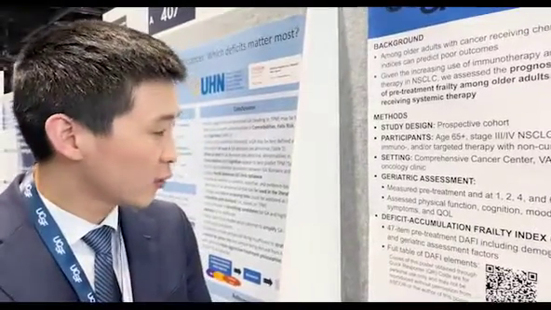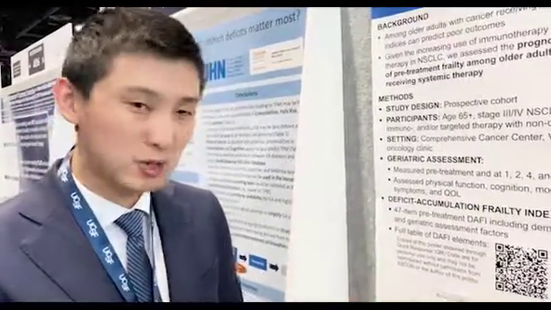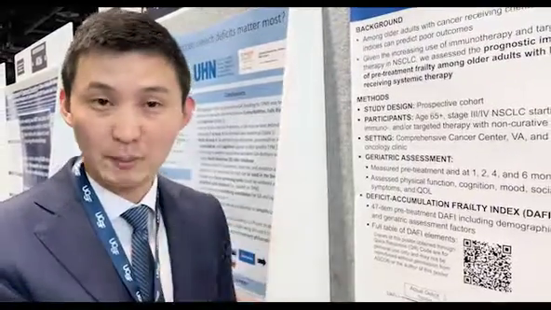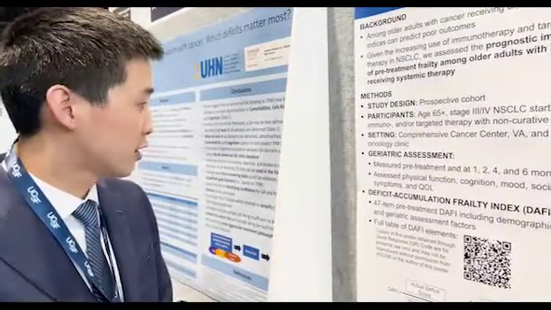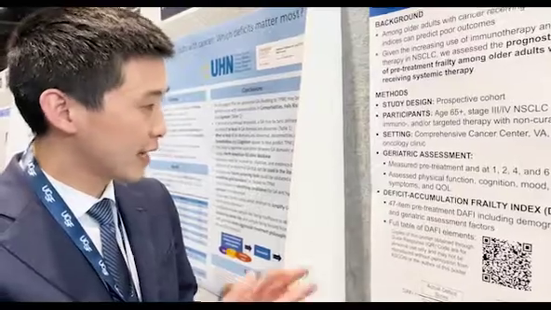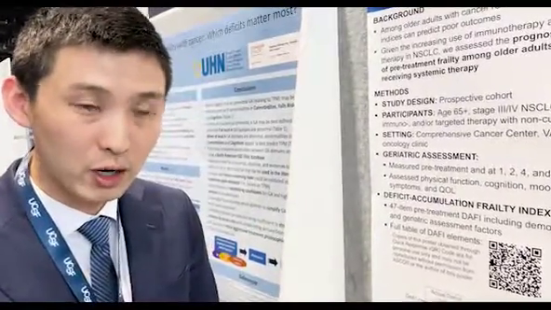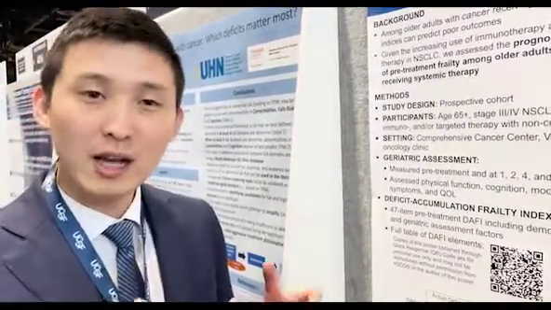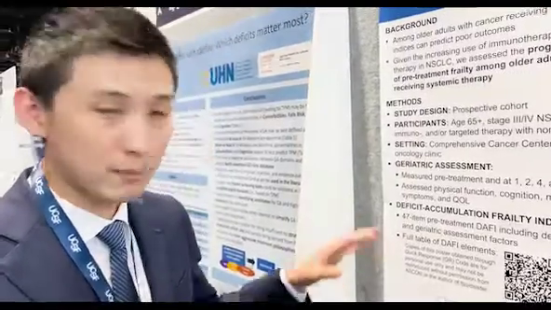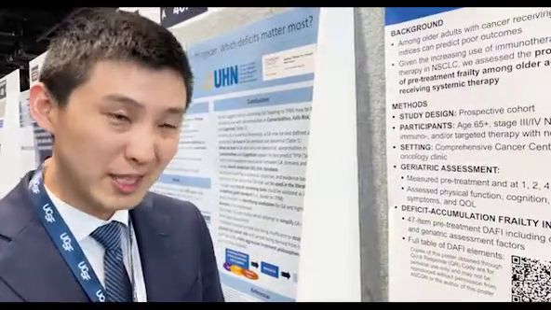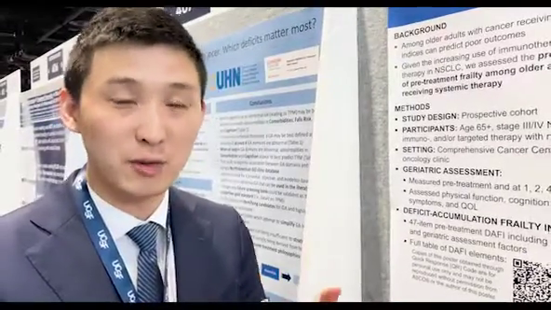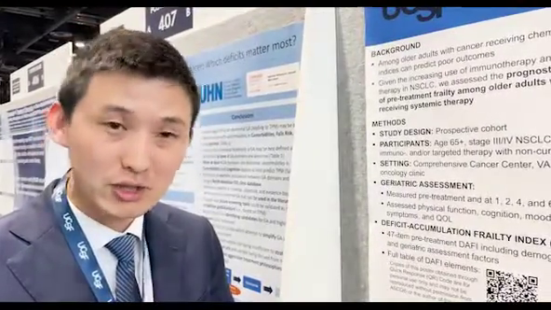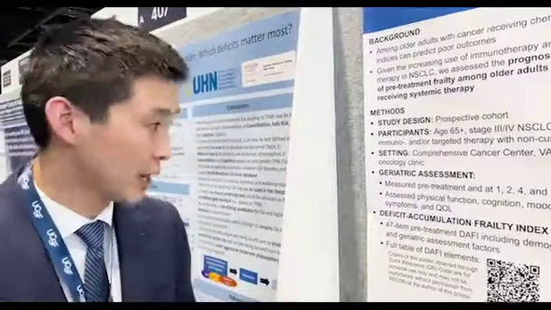And so what we did was, in this population at UCSF that was between the VA, the Cancer Center, as well as SF General, we took patients who were already getting geriatric assessments as part of a cohort study looking at patients' quality of life with lung cancer treatments. We looked at their pre-treatment geriatric assessments, which basically looks at multiple domains of how they're doing, not just age, not just performance status, but also cognition, their mood, their social connectedness, their nutrition. Have they fallen within the last 6 months? So really trying to take a more 360-degree view of a patient.